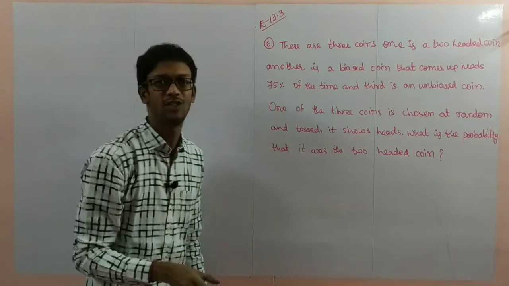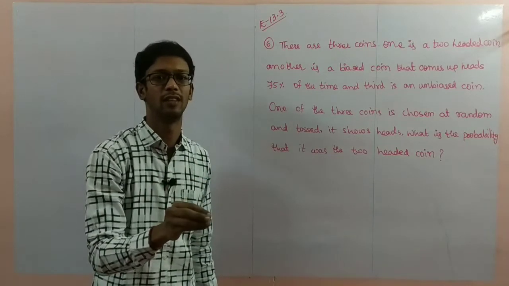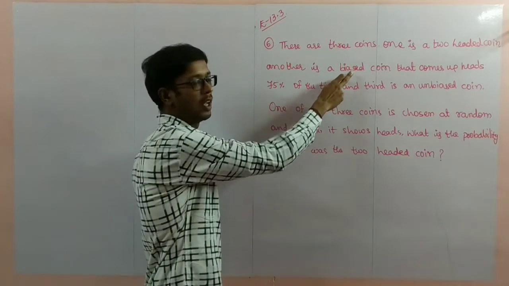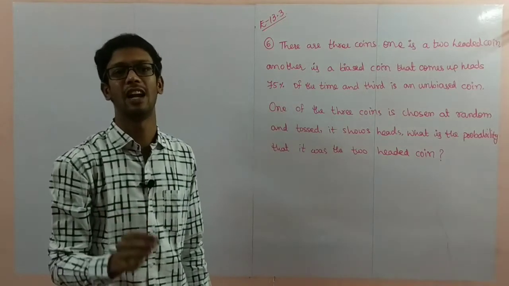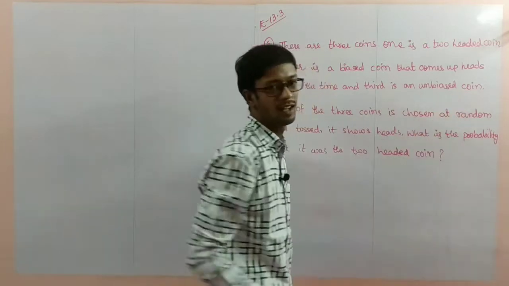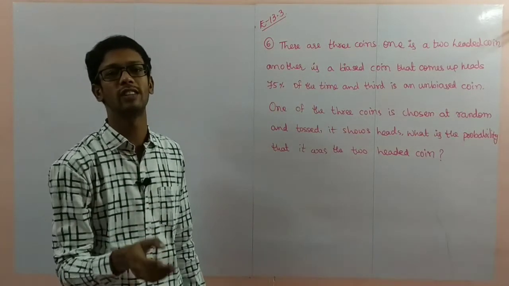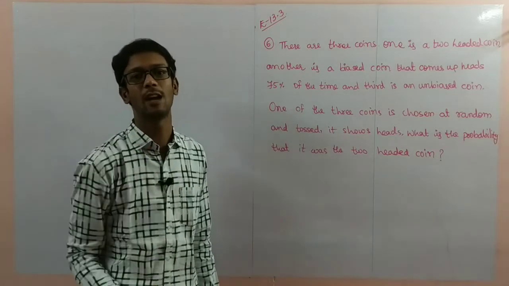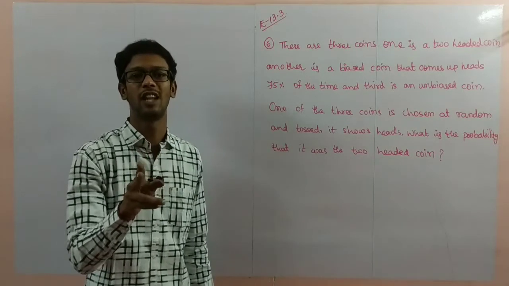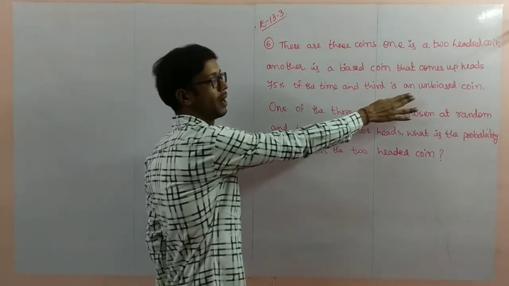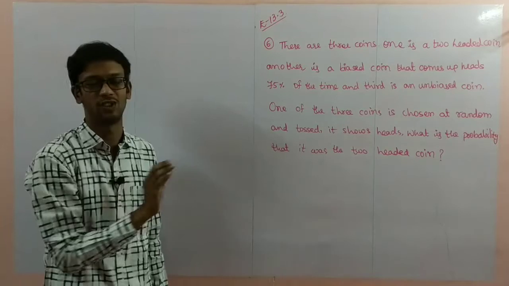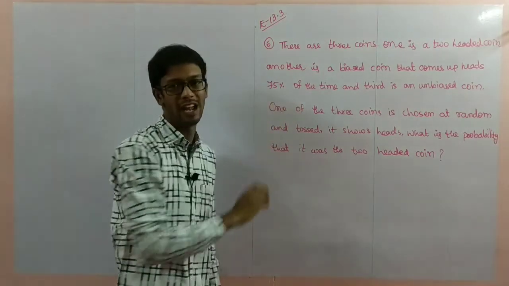75% chance of getting heads. So that is the biased condition. Actually head and tail have a 50-50 percentage, but for the biased coin the condition they give is that getting heads is 75%. And the third is an unbiased coin. Unbiased coin means there is no restriction. A normal coin: if you toss it, you get heads with 50% chance and tails with 50% chance. Both having the same possibilities is called an unbiased coin. Biased coin means 75% heads.